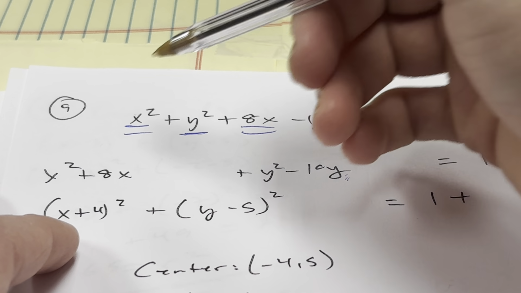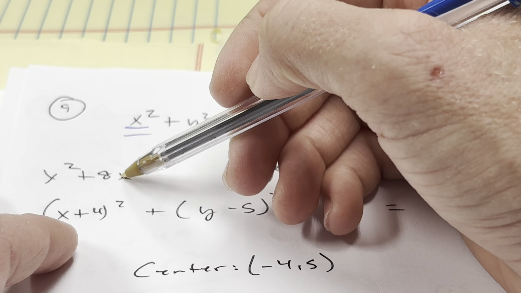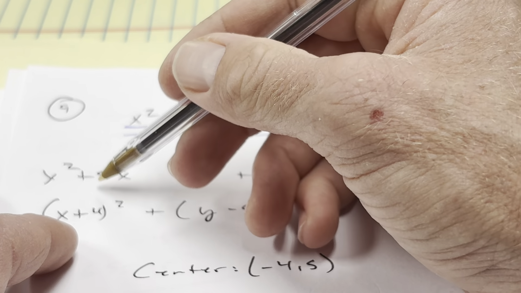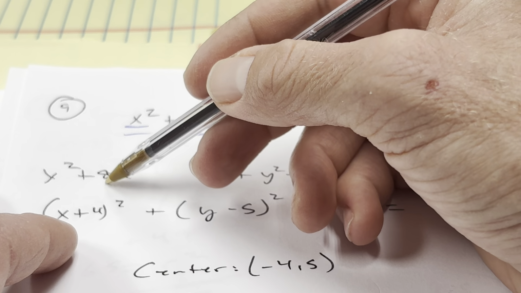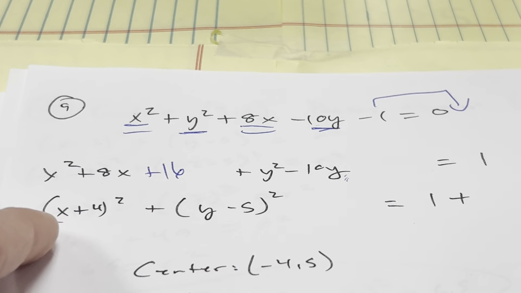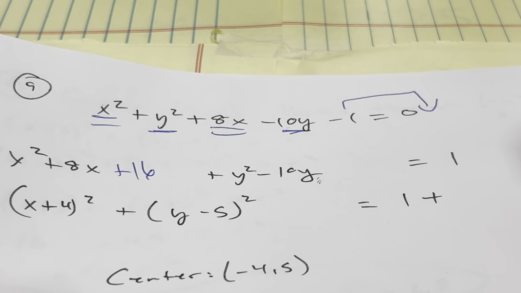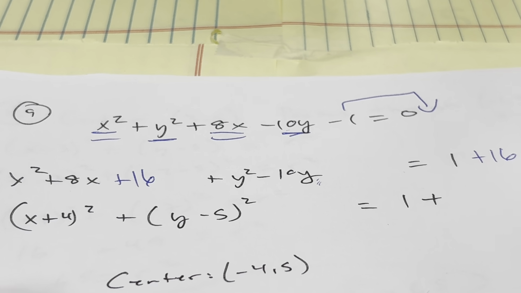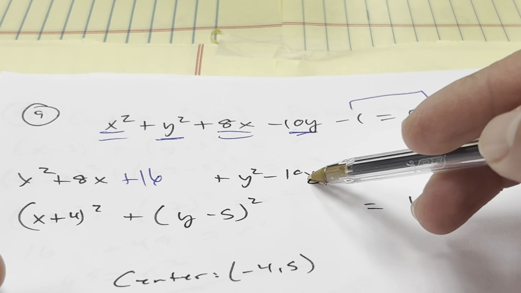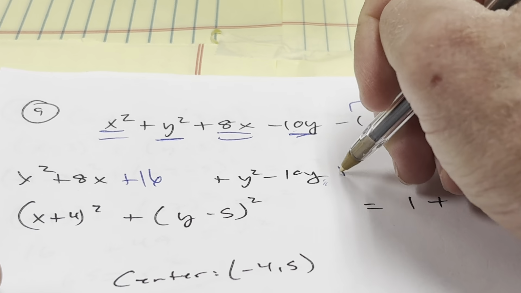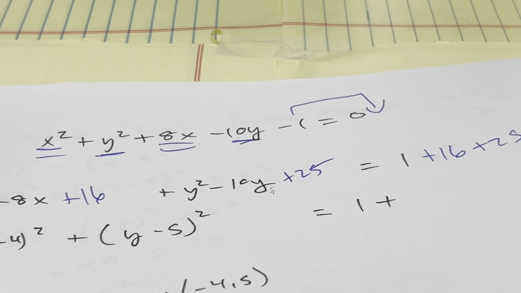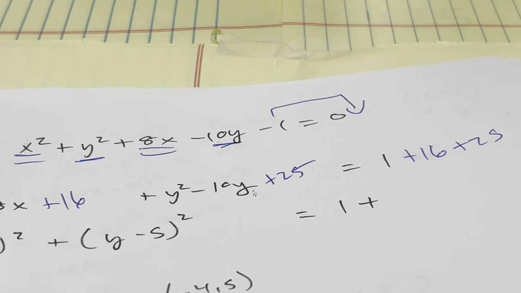Completing the square time. I'm going to take half of the middle term, 8. Look at that number. If I take half of 8, I get 4. And what's 4 squared? 16. So if I add 16 to the left, I need to add 16 to the right. Then right here, I take half of negative 10, which is a negative 5. If I square it, I get a positive 25, which means I have to add 25 to the other side, okay,